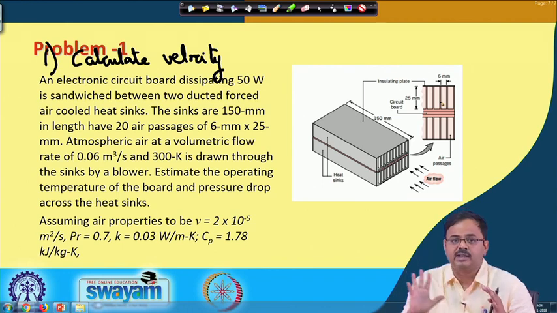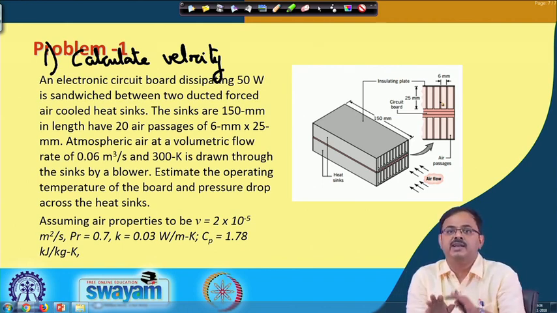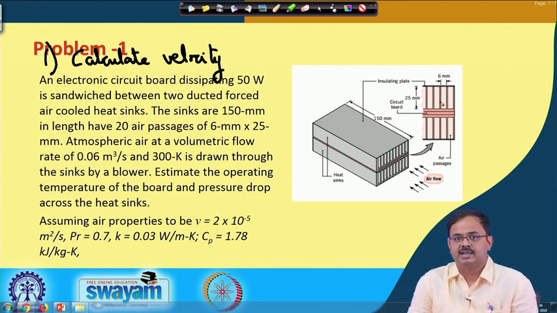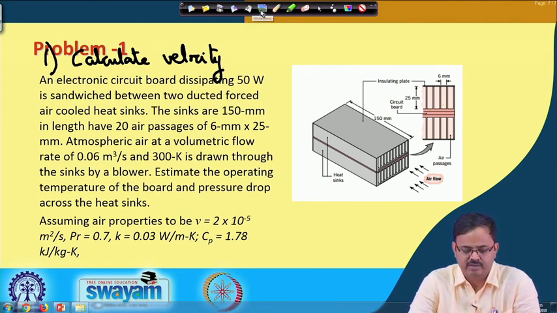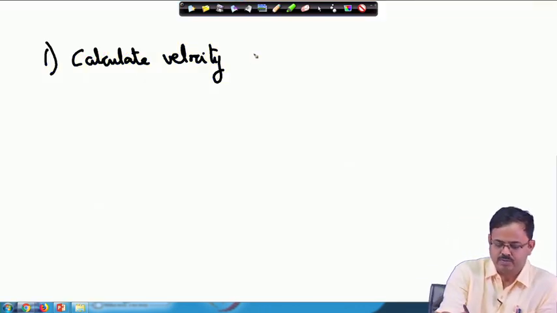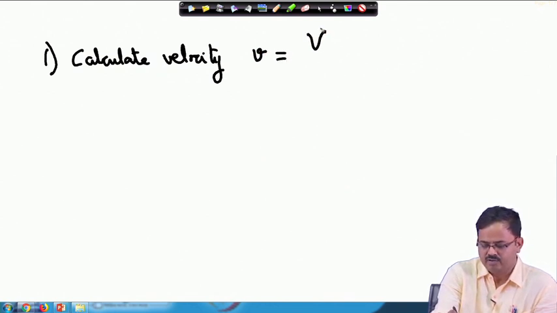So, the total flow that comes in at 0.06 meter cube per second will be equally divided into these 20 channels. That is what we are going to assume in the absence of any other information. That is a very fair assumption. Okay. So, therefore, velocity is going to be the volume flow rate